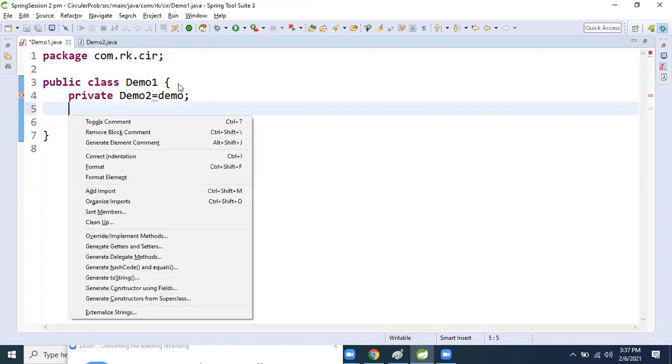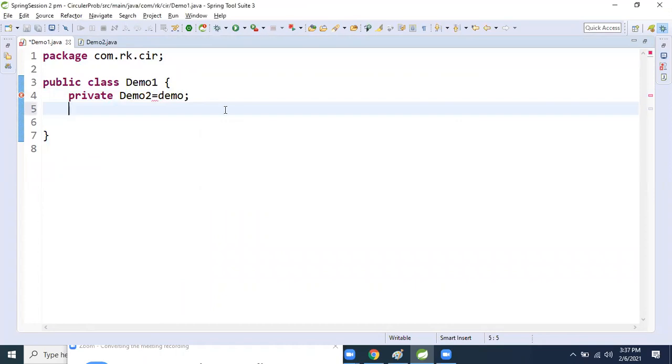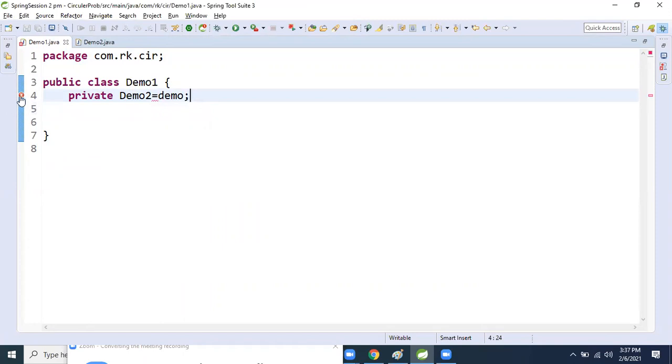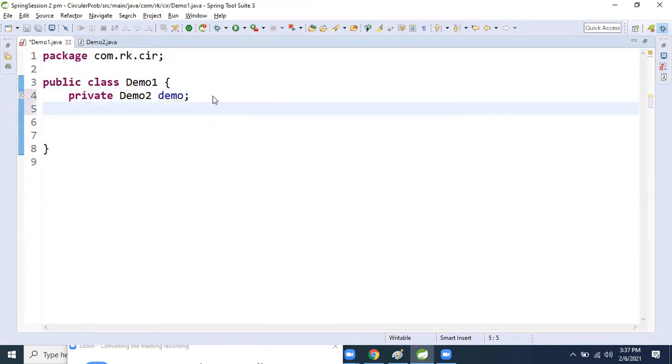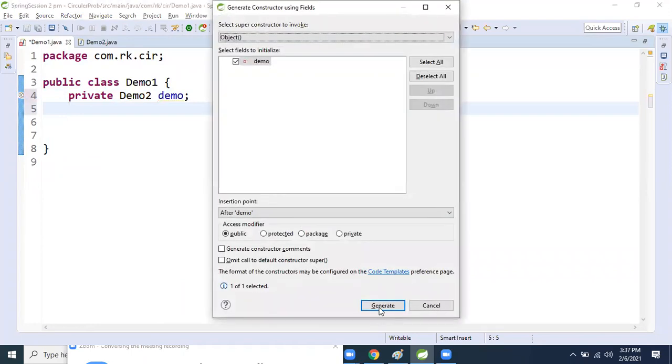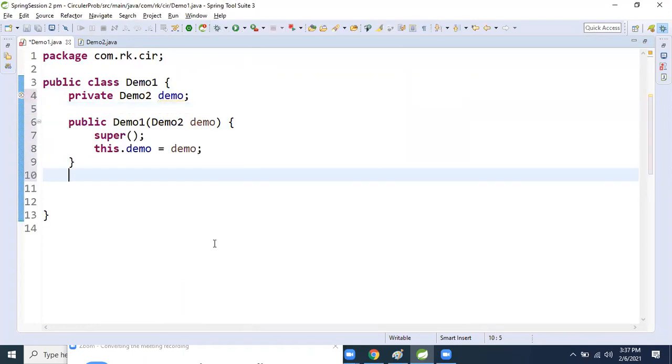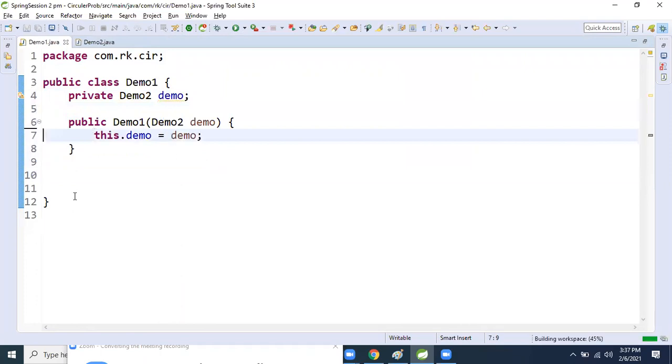Now I will inject this one using constructor. I will show that problem. Now I'm injecting this one using constructor only.